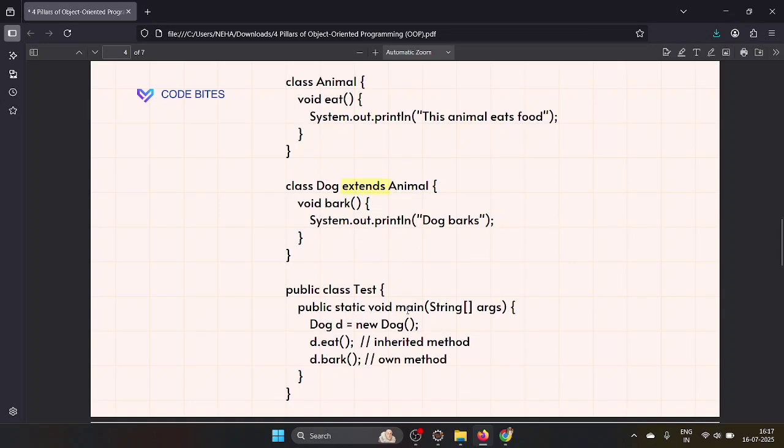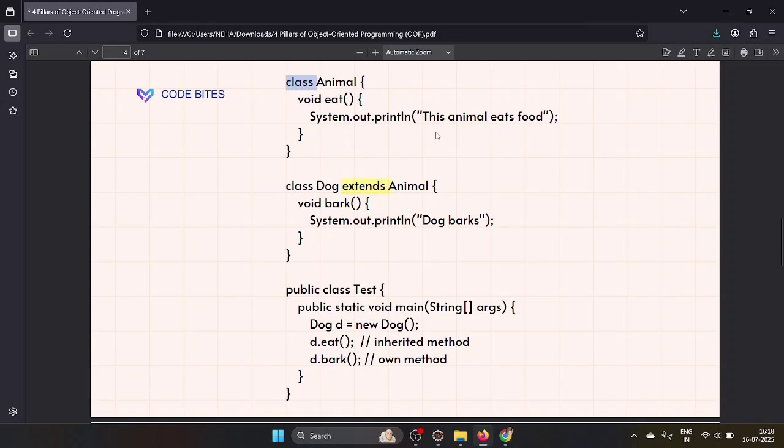And we have one more class, a public class with public static void main, String args. Then we create the object of the class Dog: Dog d = new Dog. Then d.eat we are calling, which is the inherited method. You have not written any such method inside this class, but you are getting it inherited from the other class, because we are using extends Animal.